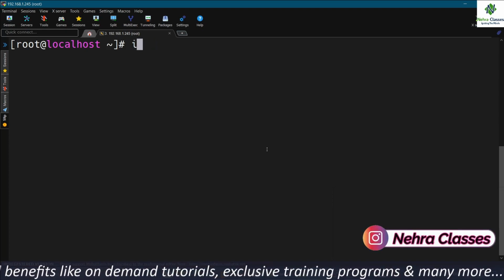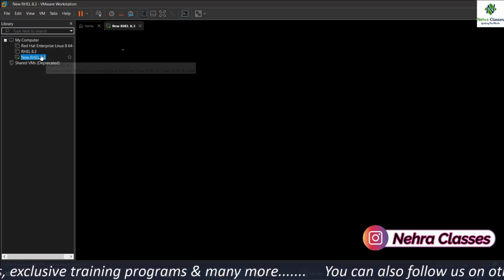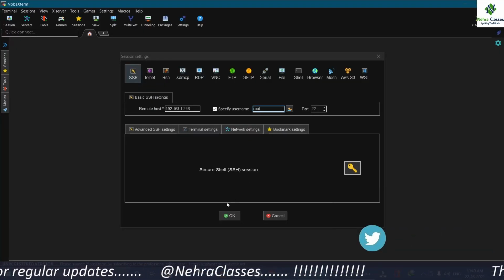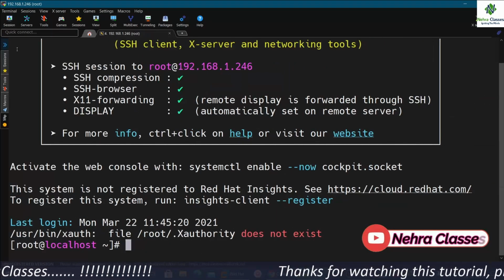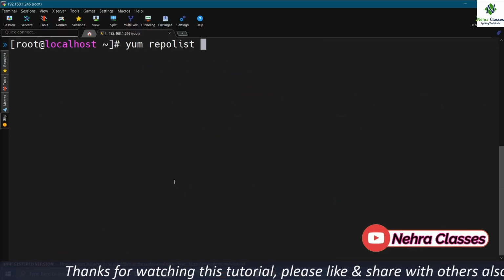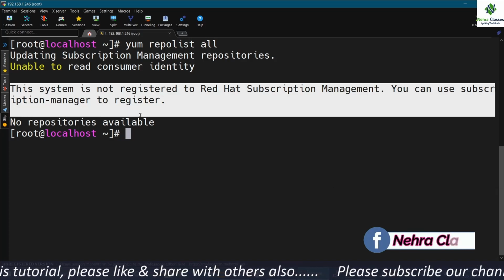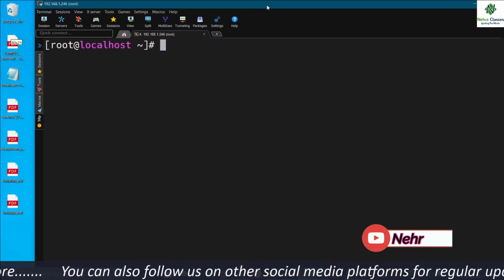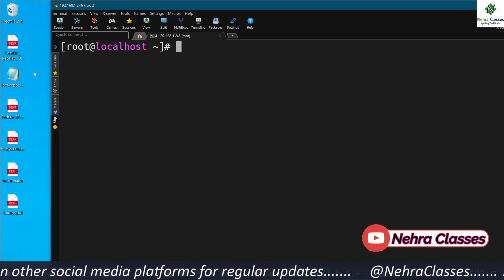So for that, let me turn this machine off and start another machine where the local repository is not yet configured. Now let me log in to the different machine where the local yum repository is not yet configured, and this is the machine. Let me show you by executing the yum repo list all command. Here you will find that no local yum or DNF repository is configured. Here on this machine I am going to show you how you can configure the local yum or DNF repository by that particular package which I created earlier.